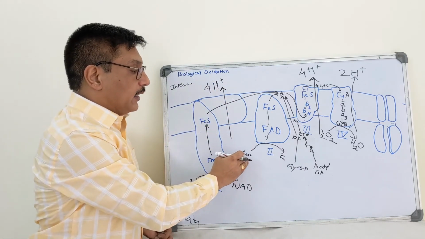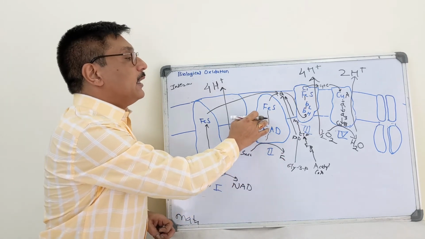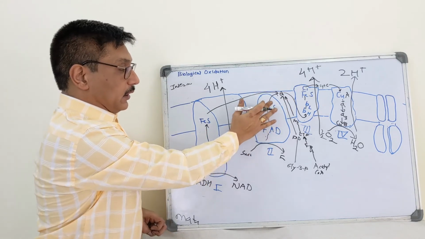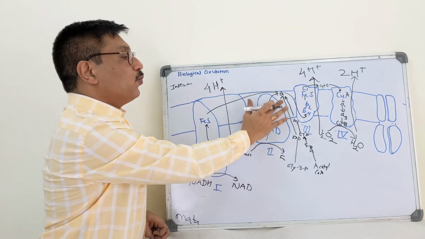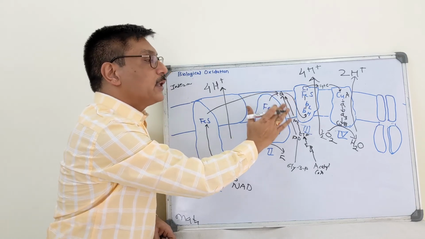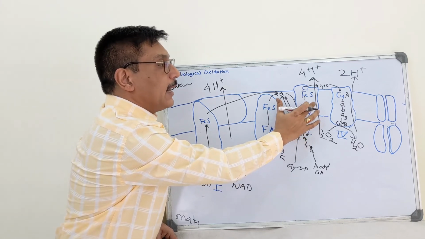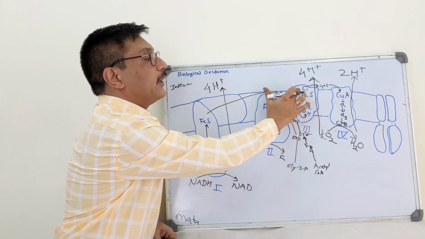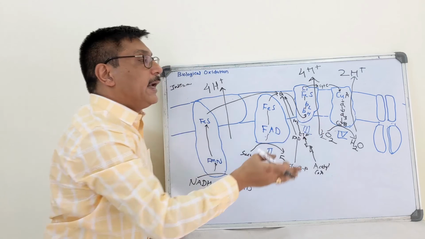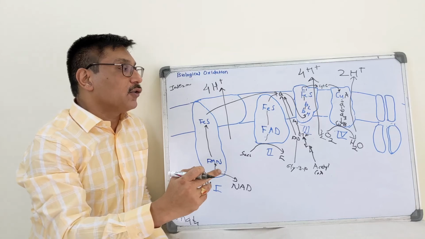see, in case of succinate, it's converted to fumarate. Electrons are transferred to FAD, then iron sulfur centers, then coenzyme Q. Here at this complex 2, no protons are pumped. Then from reduced coenzyme Q, electrons are accepted by cytochrome BH, cytochrome BL, iron sulfur center, and cytochrome C1, ultimately transferring to cytochrome C, then copper center A, cytochrome A, cytochrome A3, and copper center B. Ultimately, oxygen is converted to water.